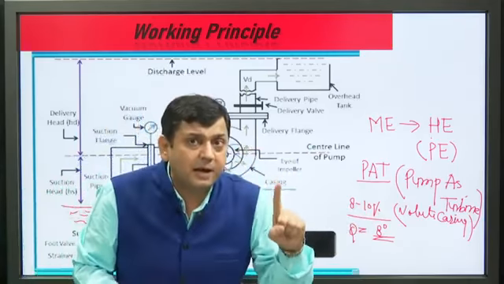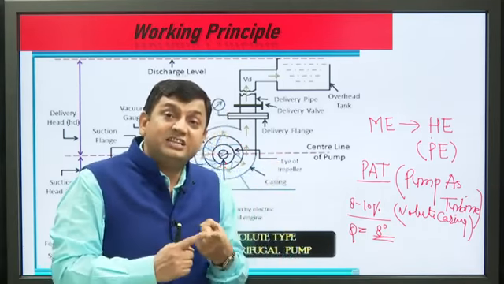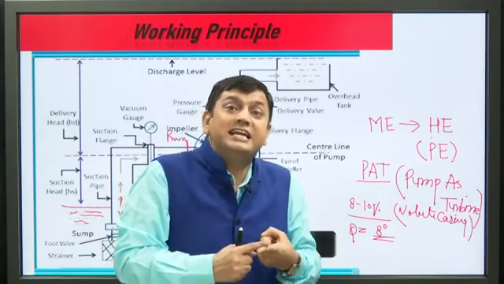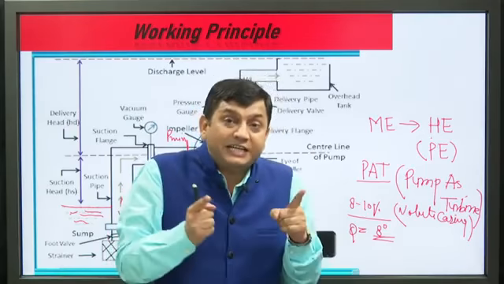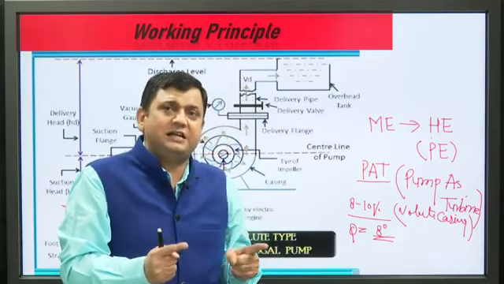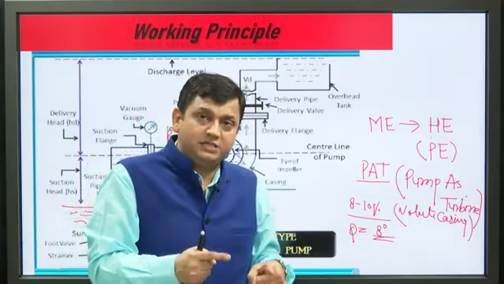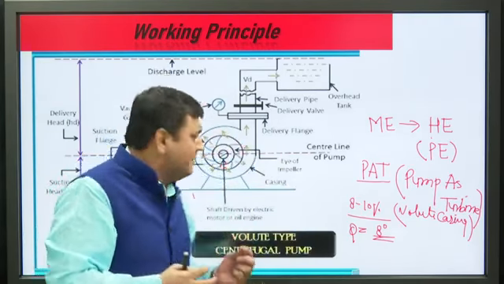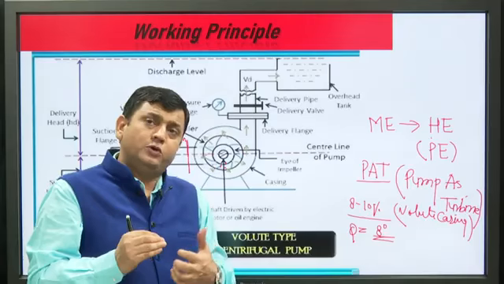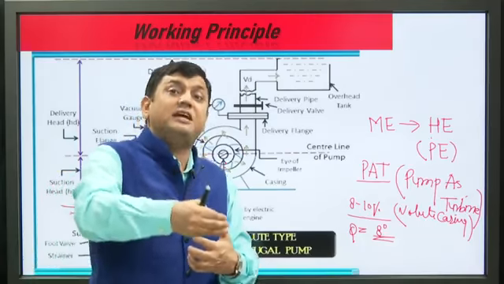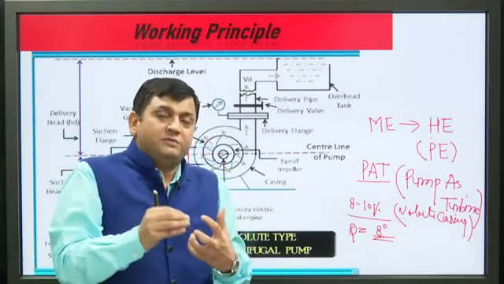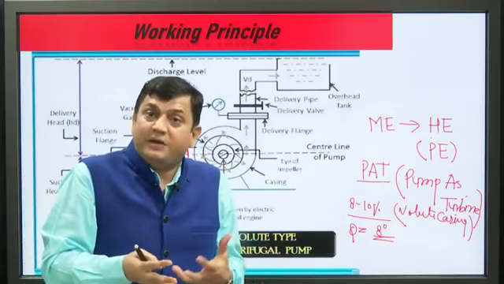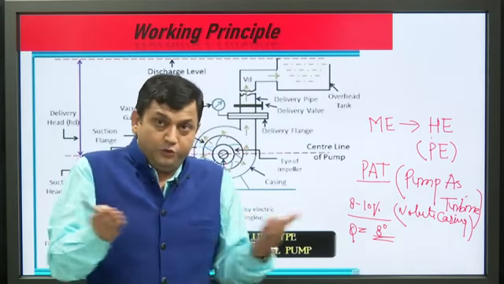So the potential energy at the outlet comes quickly and fast. But what is the drawback? There is a chance of separation. In fluid mechanics, boundary layer separation takes place. So at the design stage we take a judicious decision on how many blades, how to minimize the chances of cavitation, and how to minimize the chances of separation.